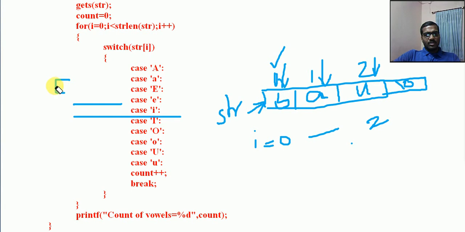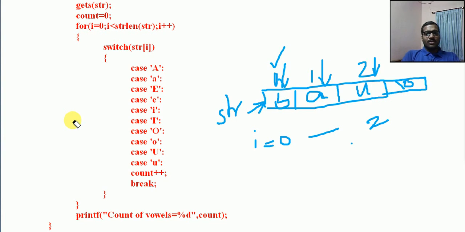Switch is actually used for giving options, because here we know that we have more options. Vowel means not only one thing, there are more cases: A, E, I, O, U, several cases. So here we are using the switch concept, where we have more cases. That is a better solution for such situations.